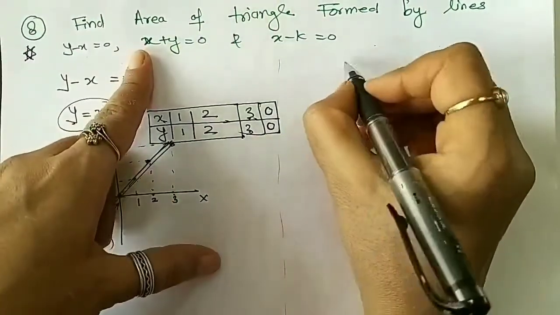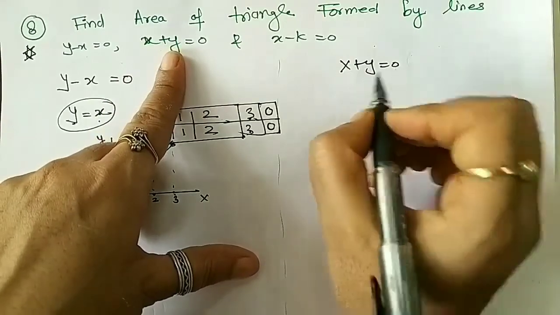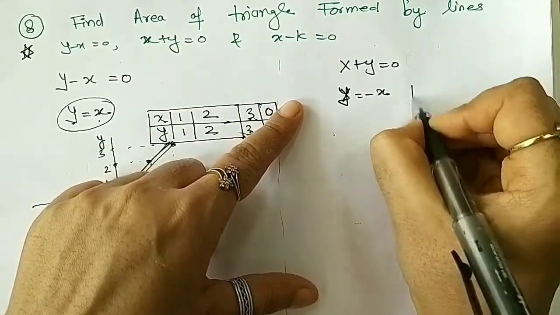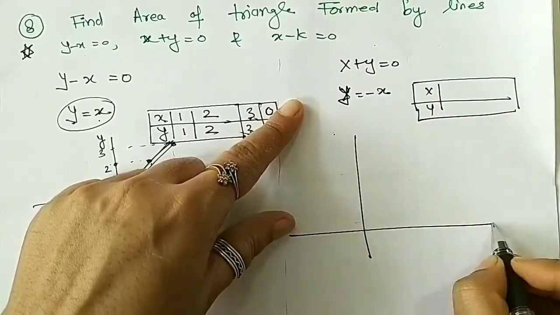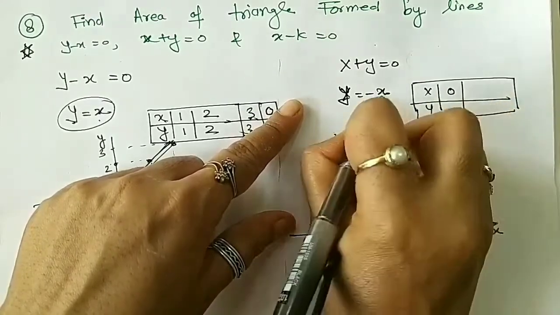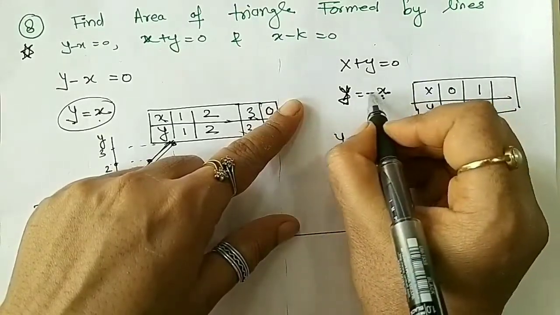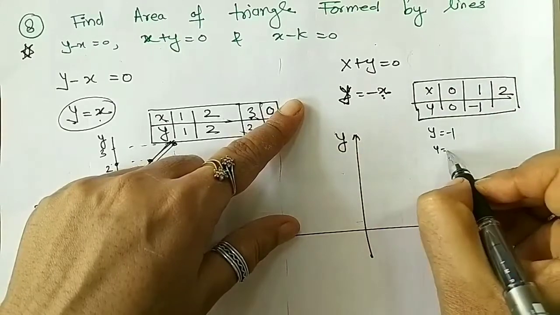Next line is x plus y is equal to 0. So how to sketch such type of line? Can I write y is equal to minus x? Now for sketching we need to take few points, correct? X and y. Suppose I want to sketch it, so I need to take 2-3 points. Suppose x is 0, so y is also 0. Put x is 1, so y is, carefully you see, y will be minus of 1. Okay, if x is 2, so y will be minus of 2.